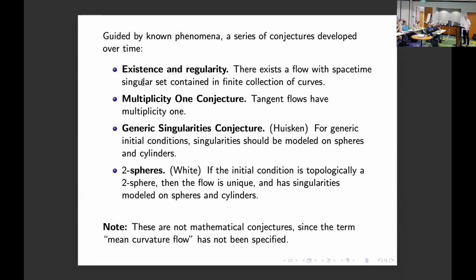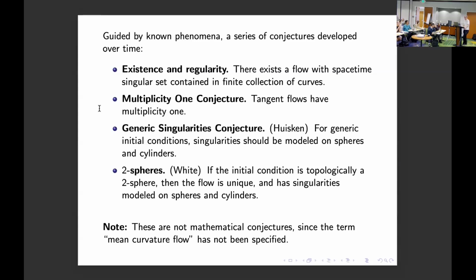So here we're saying that the singular set should be contained in spacetime, should be contained in a finite collection of curves. So if you think about the examples we've already discussed, right? I mean, the neck pinch in the convex case, there was only a single singular point. Then there was the marriage ring, which had a curve of singular points in spacetime. And people have come up with other types of scenarios, imagining what might happen, but none of them involve a larger singular set than that. Okay, so that's the motivation for the first conjecture here.